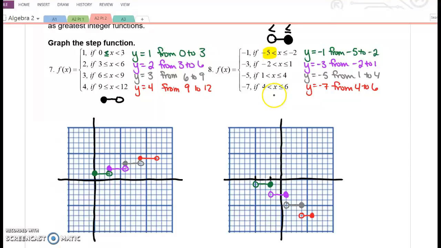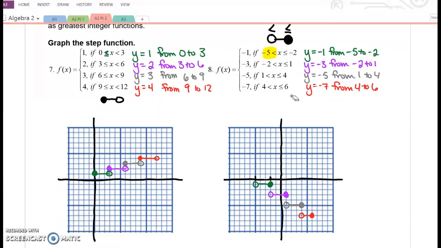Now sometimes they might do something like this for the last one. X is greater than or equal to 6. Then you would just go from there and continue on. But if they don't have that, you stop it like we've been doing. So there's each of those 4 pieces between those numbers. And notice,